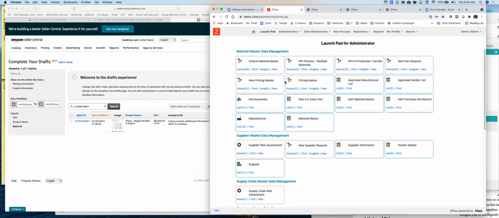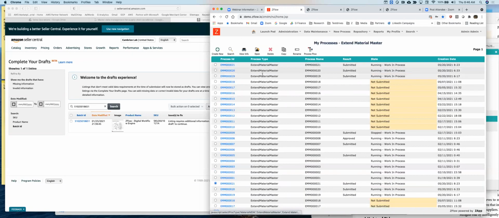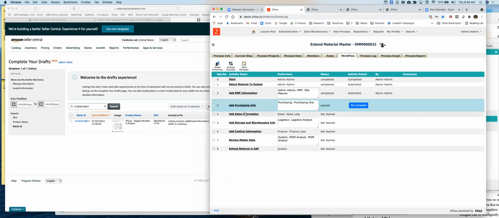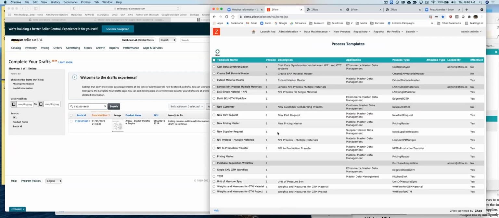Yeah, so there's a question around some of these workflows. For example, if we look at this workflow, it seems like purchasing, sales is one after another. It doesn't have to be like that. There is a workflow step, I'll show you. It's called a parallel step